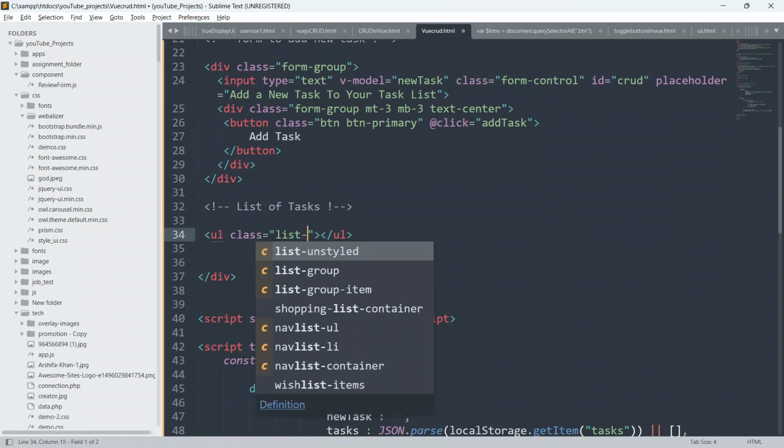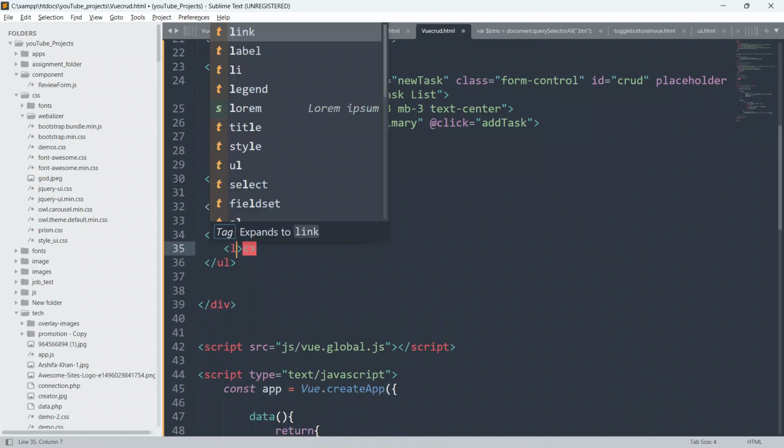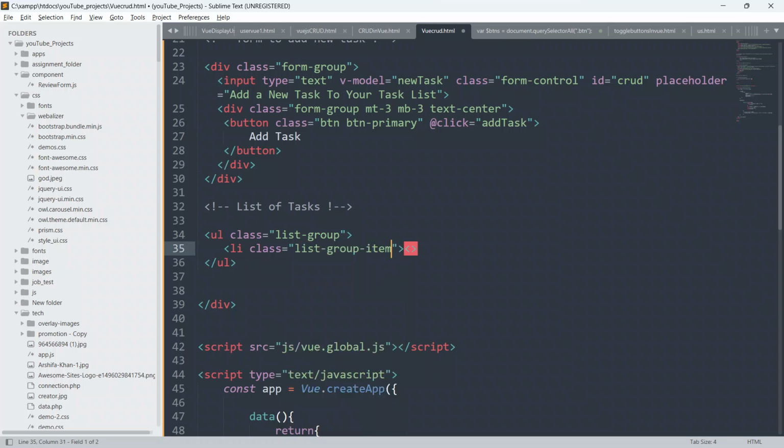Inside this UL I will create a li also, and I will say class also, list group item. Okay, and I will also say margin top 1, and margin bottom also 1.